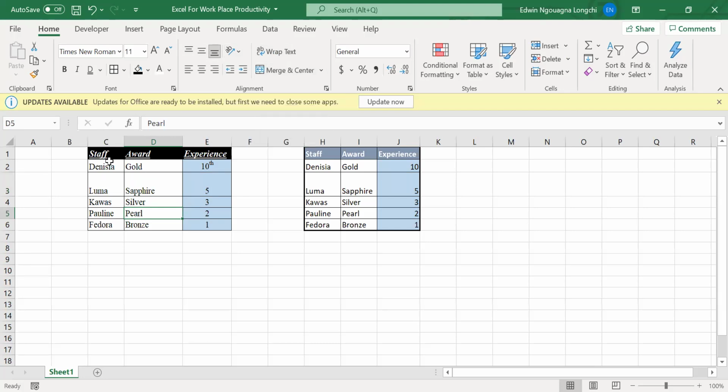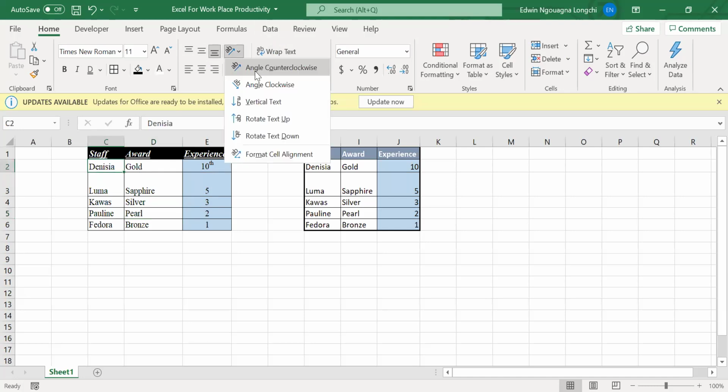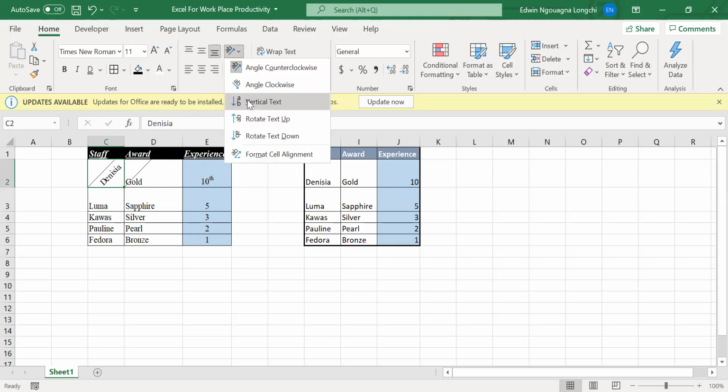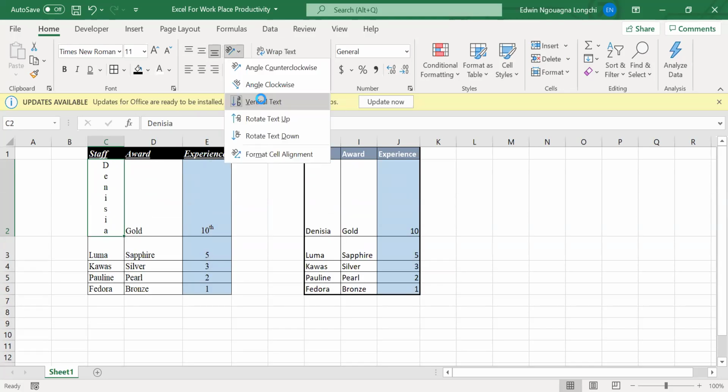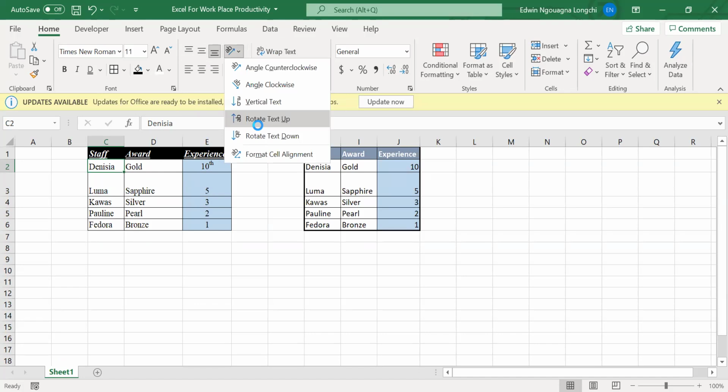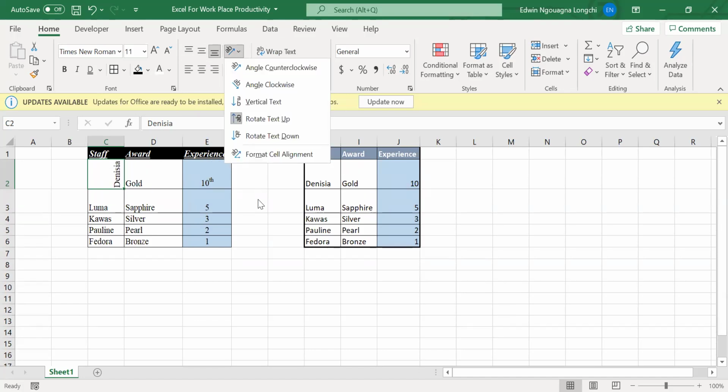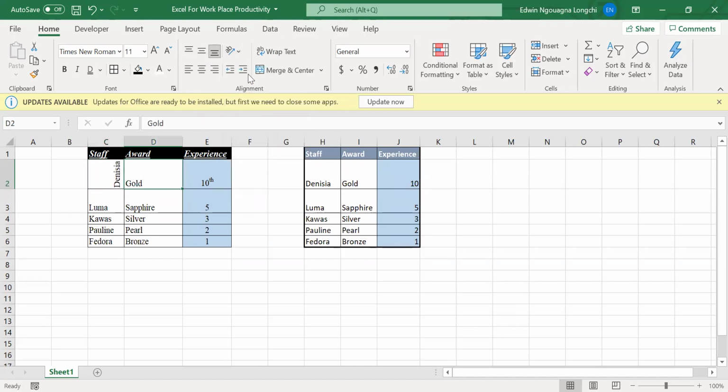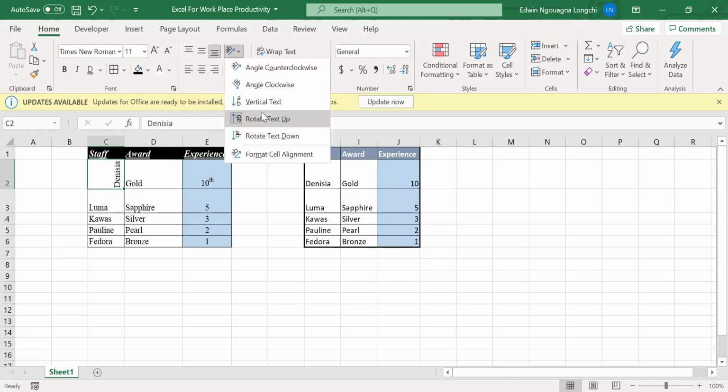For example, if I want the initial to tilt as I want, I can just come here and I begin to change the angles as I want, vertical, rotate. This might be useful for you when you're building a database. You might need to orientate, maybe put dates here and orientate it the way you want. So let's put it back. What was it?